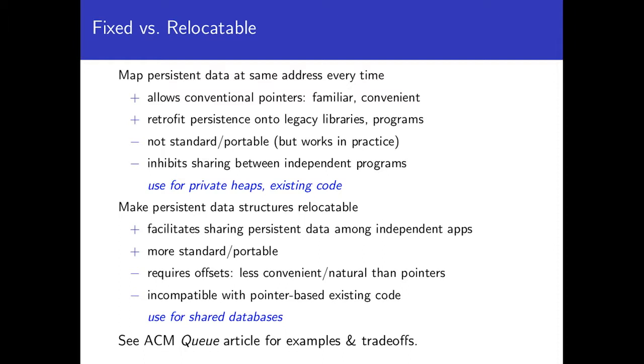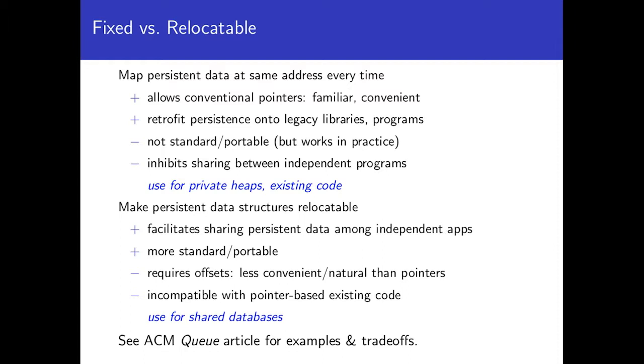My advice is that you should consider using fixed, non-relocatable data structures if your persistent data is private to a process in the same sense that a conventional heap is, or if you need to leverage existing pointer-based code as in the STL map. Now, on the other hand, if you decide to make your persistent data structures relocatable, that